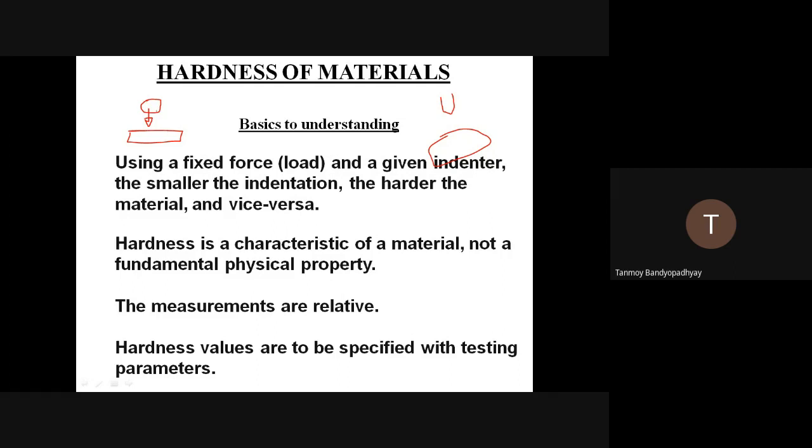What will happen is this indenter will be causing some indentation on the surface of the material. That indentation is basically a measure, based on a certain force. Say suppose the force I am applying is 40 kilonewton, a fixed value. For a certain force I am taking two specimens and applying a load using a specific indenter type. The indenter type is also fixed. It can be a spherical indenter, a conical indenter, a spheroconical indenter, or a carbide indenter, but it is fixed. Using the same load and the same indenter, I am testing two specimens.